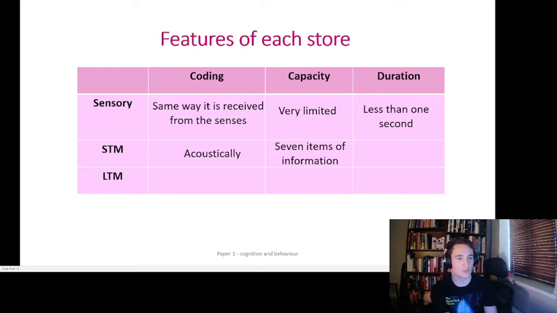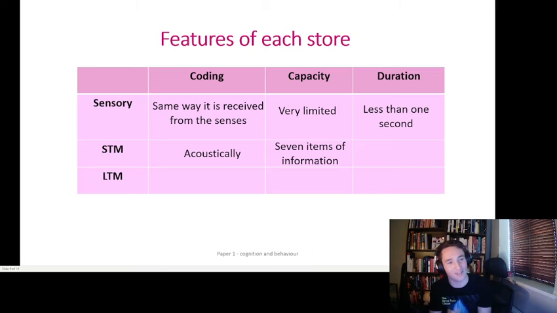So let's think about some of the examples I've talked about previously. So things that are in 7s, you know, postcodes, and what was the other one? Car license plates, right? They're in 7s. There's 7 items of information on there, and they're chunked up into 3s and 4s. Postcodes in the UK are chunked up into a 4 and a 3. And license plates are chunked up into a 4 and a 3 as well,